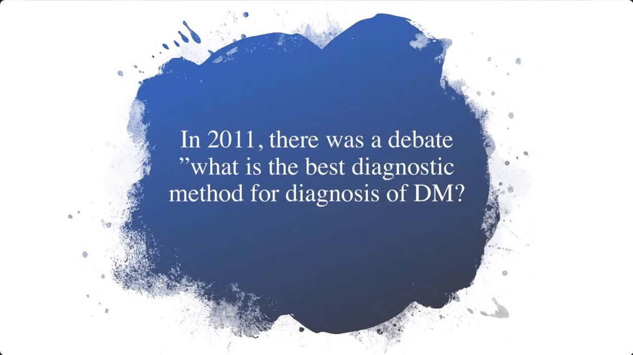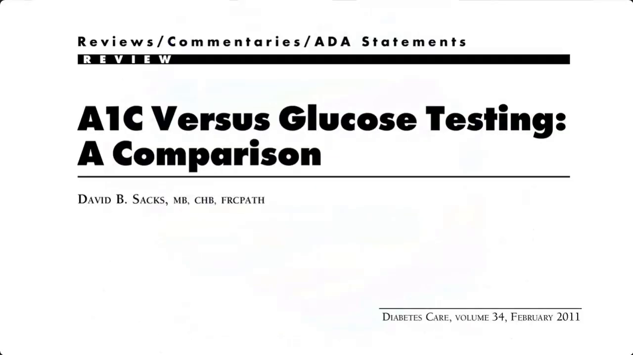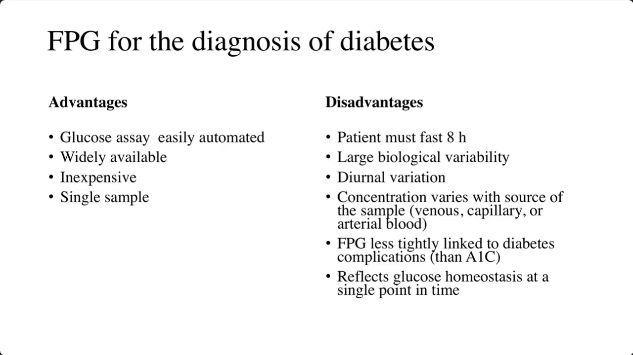And after a year of setting the diagnosis of hemoglobin A1C of 6.5, there was a lot of debate. The Europeans refused that criteria. So it came up with this debate in 2011, and it was published by David Sachs, a clinical biochemist: A1C versus glucose testing as a comparison. And in his paper, he stated the advantage and disadvantage of each